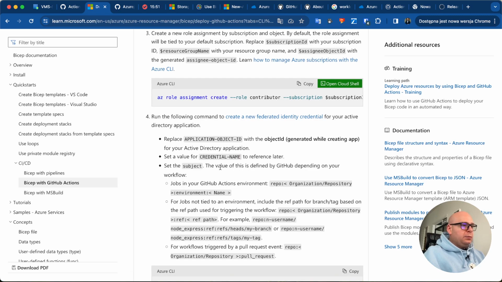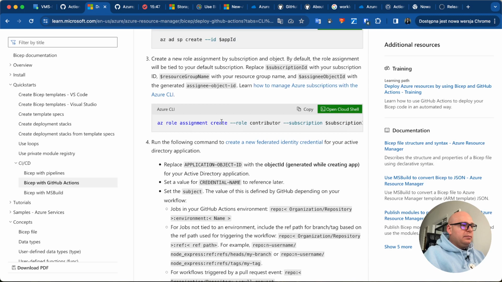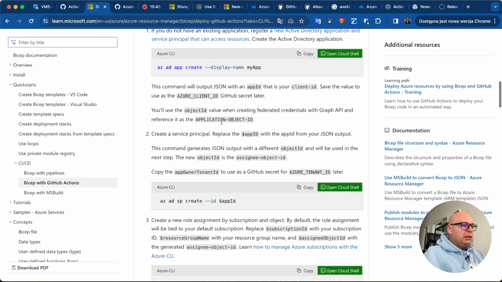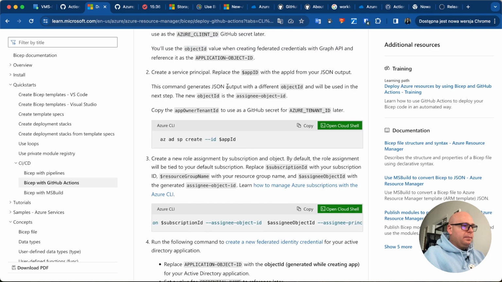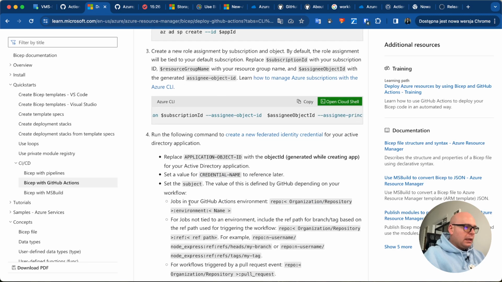Okay. So we assign the subscription, assign the object ID, which is, place the app ID with the app ID from your JSON input. The new object is the assigned object ID. Okay. And in the repo,